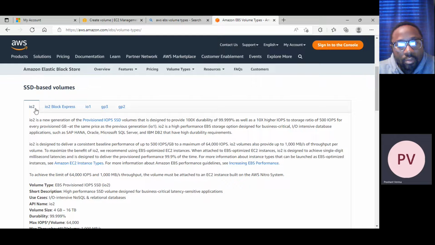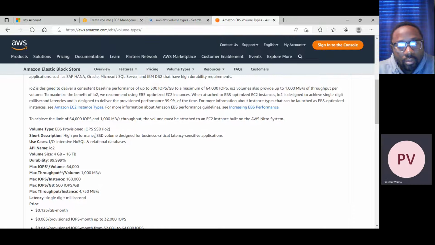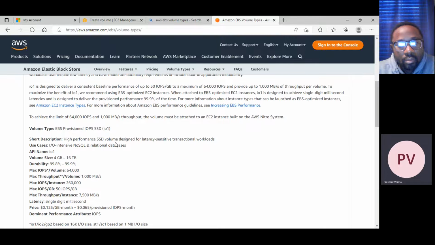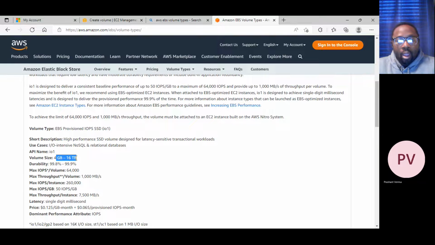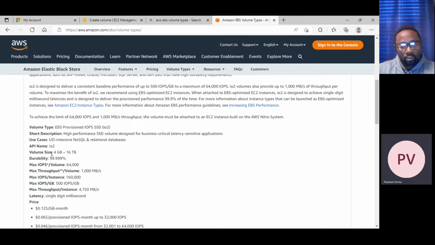What I actually want to show you is the volume size. It can support 4 GB to 16 terabyte. IO2 supports 4 GB to 16 terabyte.